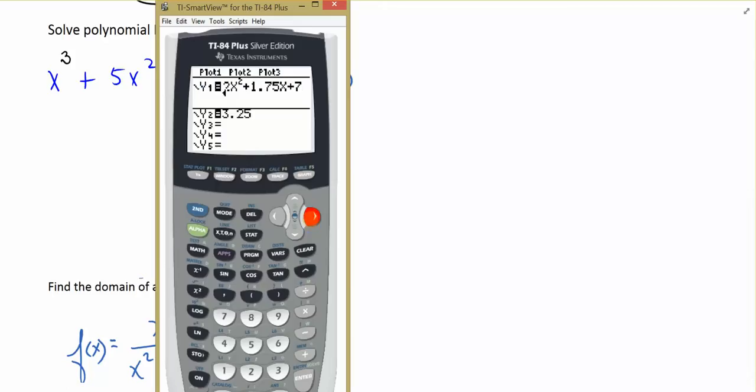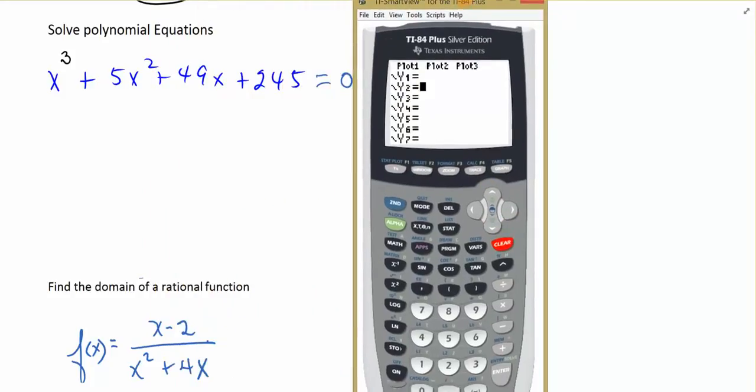So we go here, we clear, and we clear, and we're going to put in x to the third plus 5x squared plus 49x plus 240,